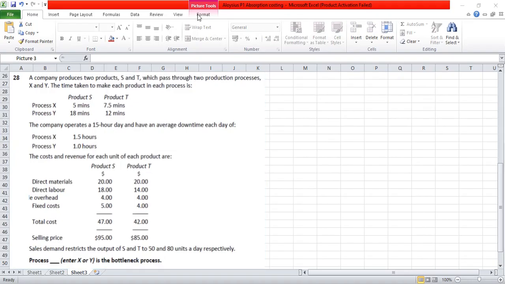There are two products, product S and product T. The time taken in each of these processes is 5 minutes and 7.5 minutes. Each unit requires 5 minutes and 7.5 minutes, but the availability is limited. So how many units are produced? We see that 50 units and 80 units are produced. So in that case,